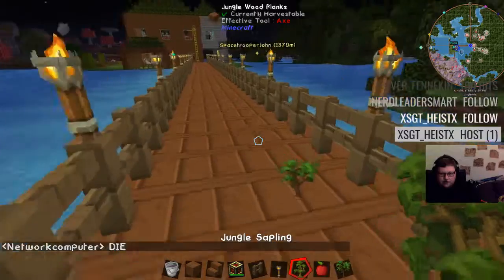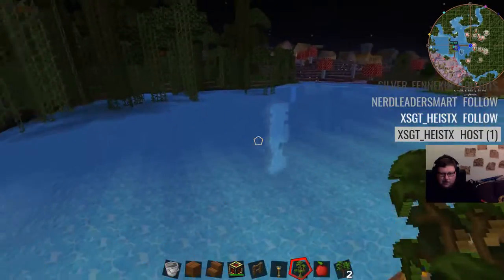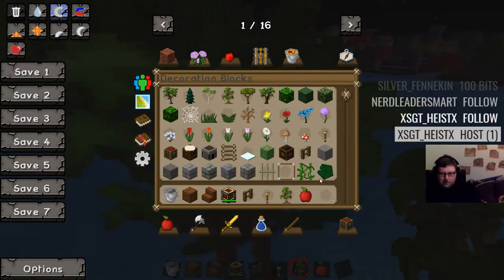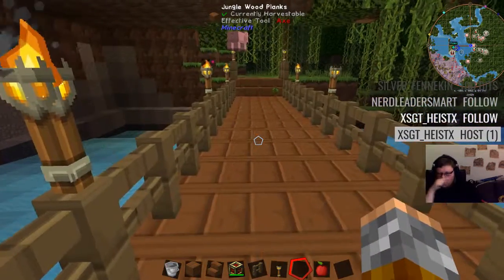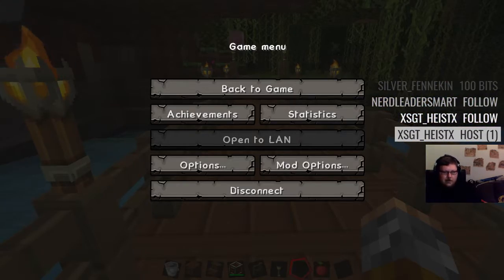What do we want saplings for? We can throw these out of the way. We don't want those. Go into water. Alright, so let's see if we can... I don't hope anyone can see this, but that's gonna be...